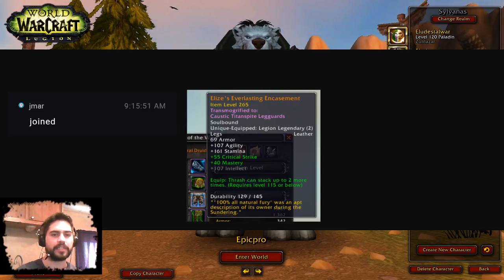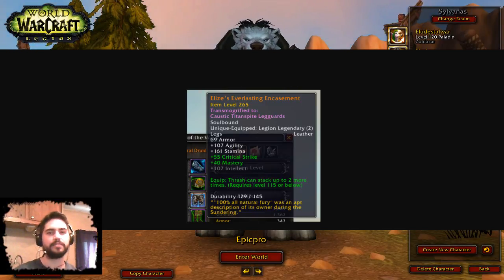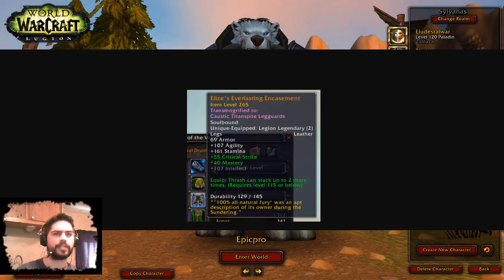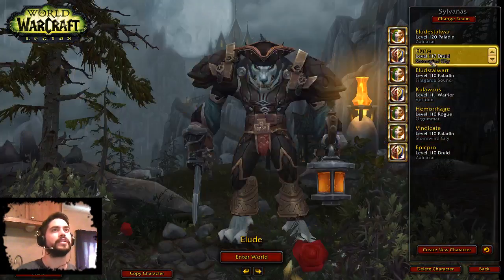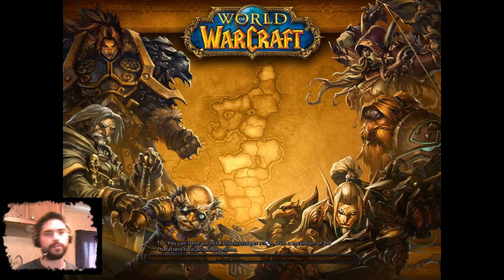You have to level them again, and you still keep all your gear, but it's scaled down significantly. He's got item level 265 legendaries, but I think his overall item level was like 205 or something like that. Don't quote me on that. I'm not sure. But he did feel significantly more powerful than starting out Elude or Elude Stalwart fresh. So there's that. I figured if I am going to copy any more of my alts...